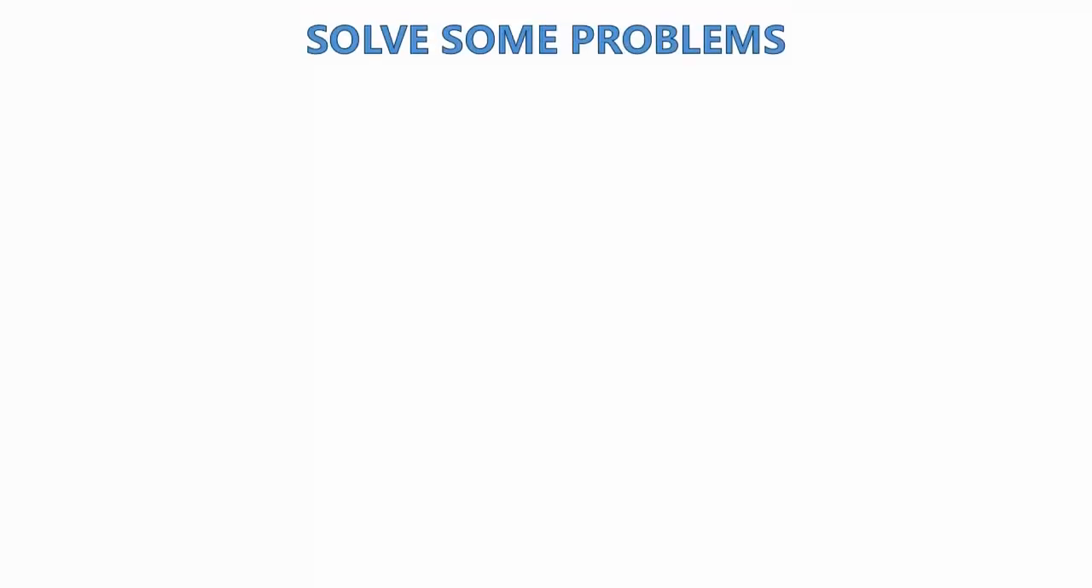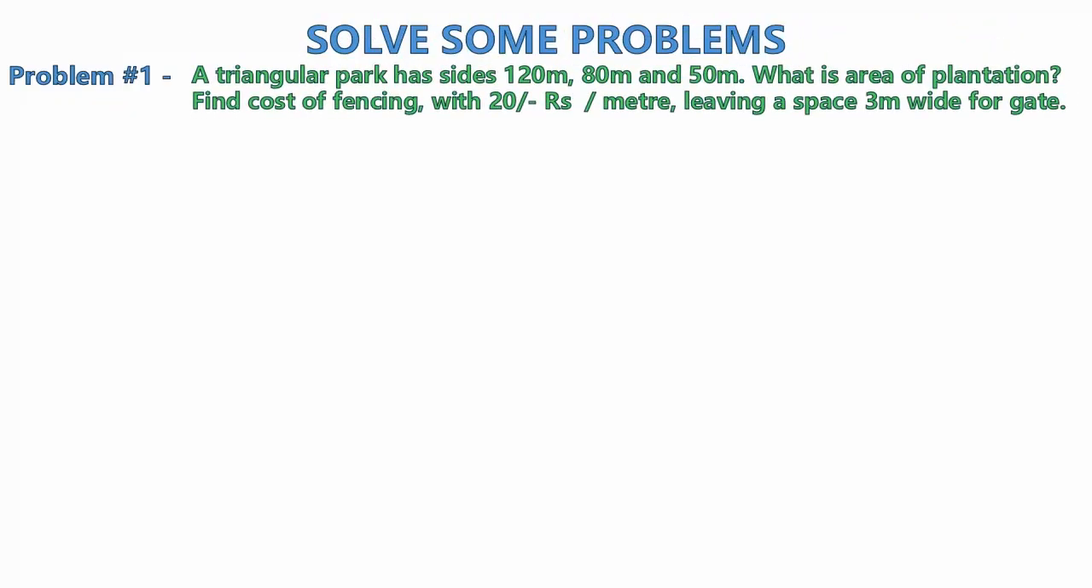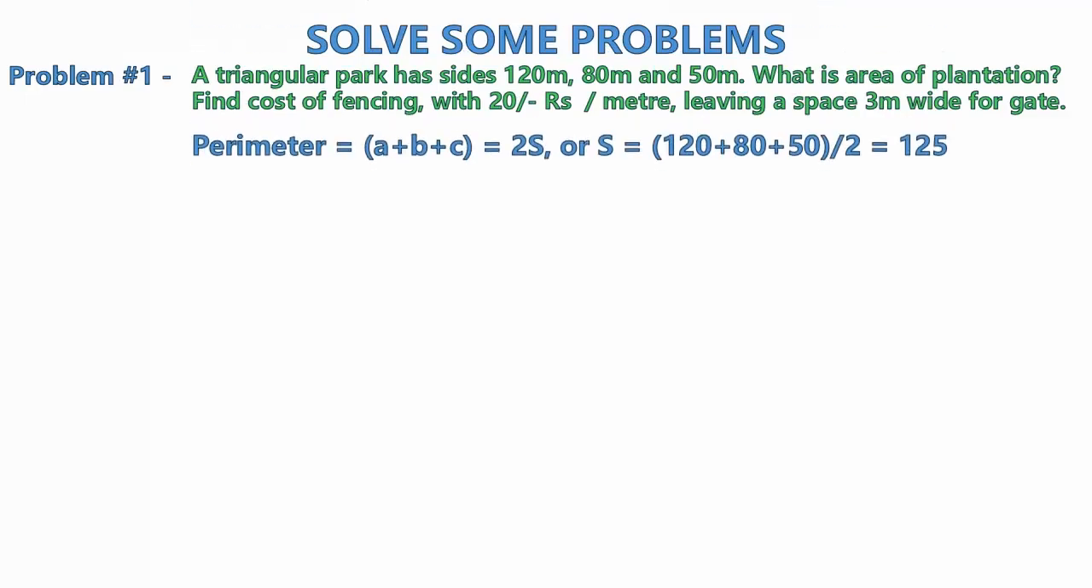Okay, let's work out some problems to use Heron's formula. Problem number 1. A triangular park has 120 meter, 80 meter and 50 meter sides. What is the area of plantation? Find the cost of fencing at 20 rupees per meter, leaving a space of 3 meter wide for the gate. Okay, so perimeter, as we know, is the sum of the sides of the triangle, which is a plus b